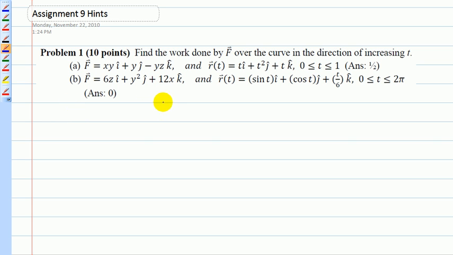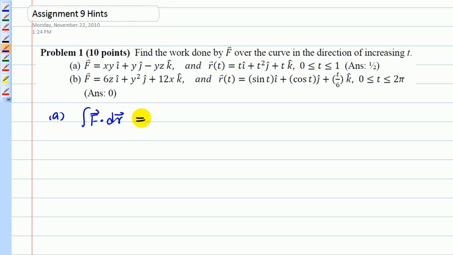And let's start with problem number 1. Problem 1 is to find the work done by the vector force, the vector field, over the curve in the direction of increasing t. So the vector field here we consider as a force field. Part A is fairly straightforward, and it's basically an application of the vector line integral,